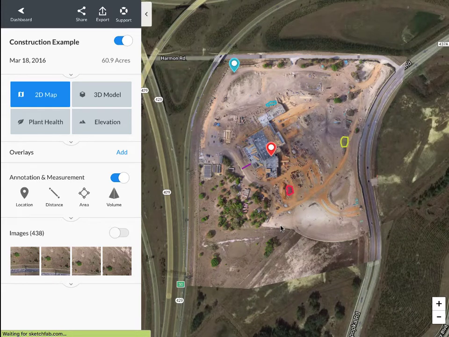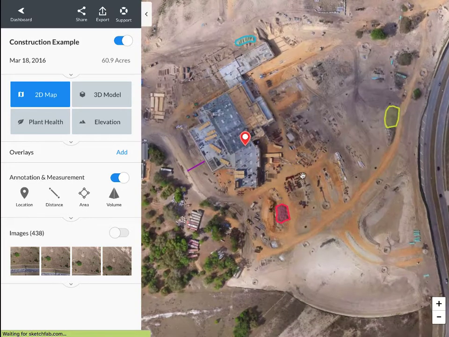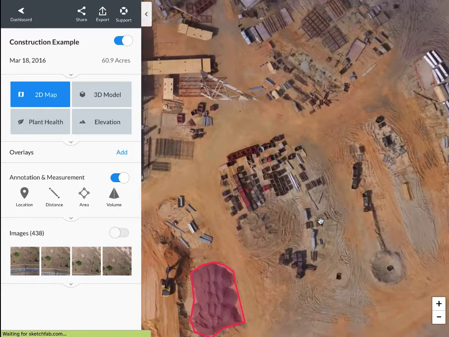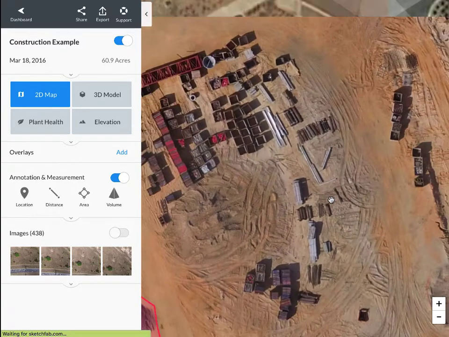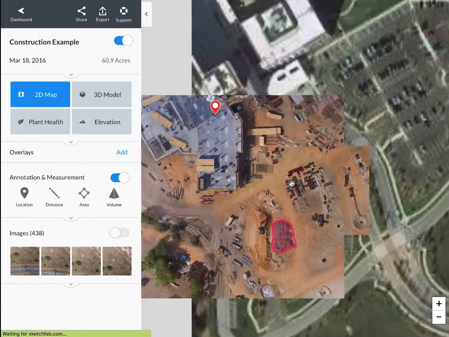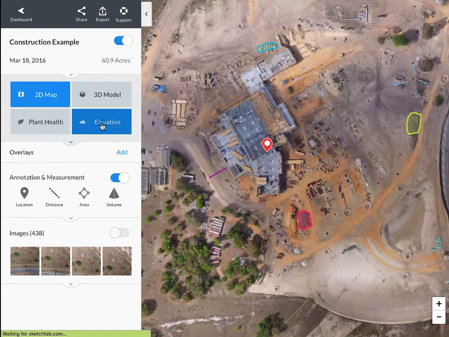So let's have a look at some data. On the right here, we can see what this world looks like from the top down, and we can zoom in to see any point on the map in really, really high resolution. Pretty amazing stuff. We can also have a look at different perspectives of this data by looking at something like